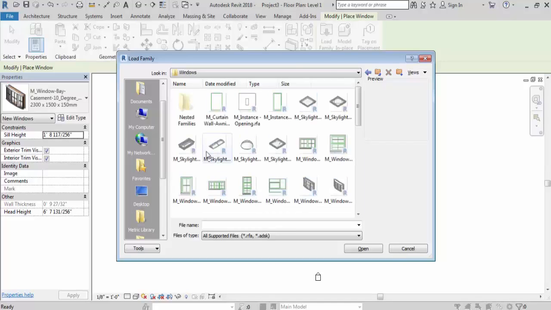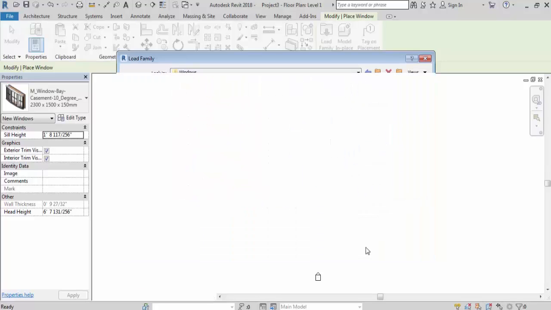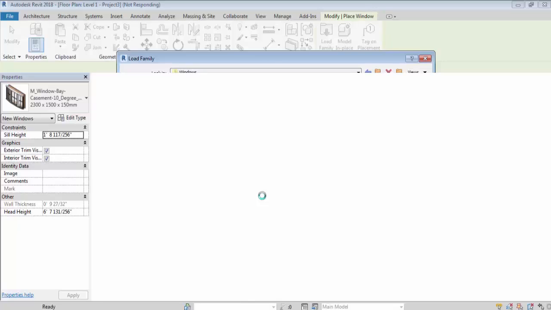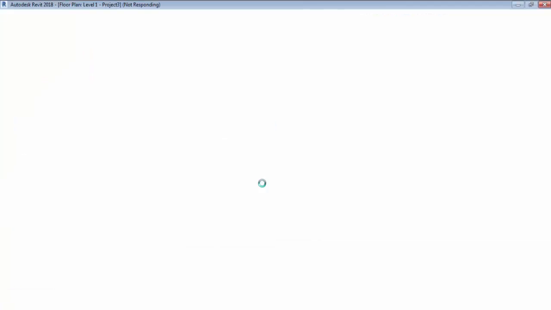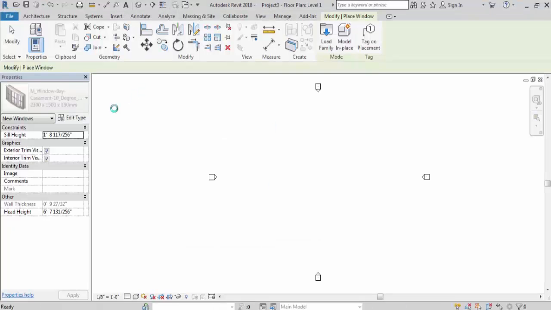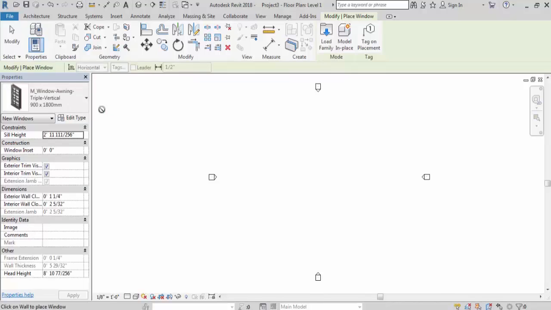Select window, click on Open, select your size, and your family will come. So if you do the permanent setting, then you need not go through that lengthy process: go to C drive, ProgramData, then Revit 2018.